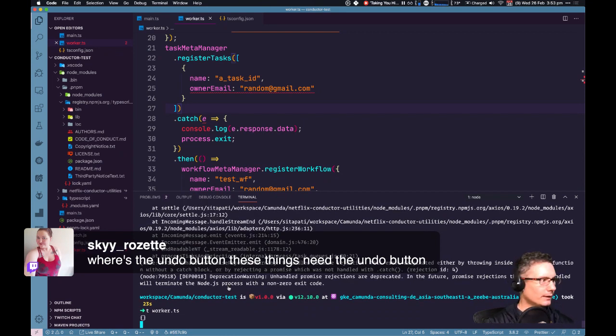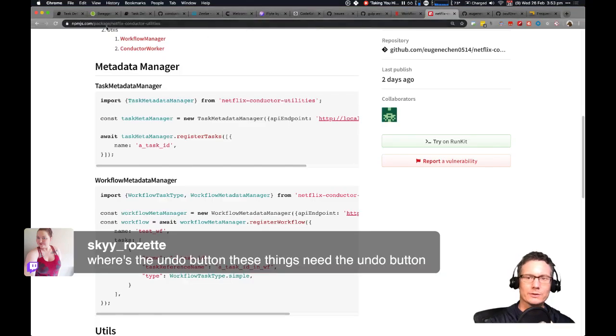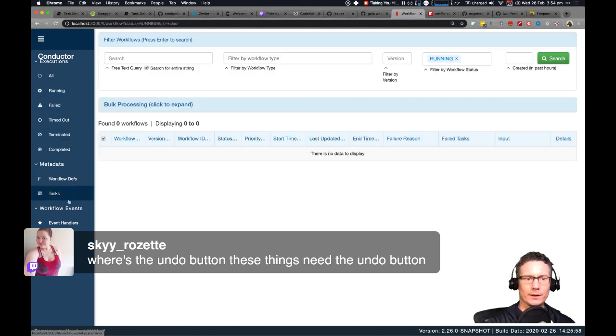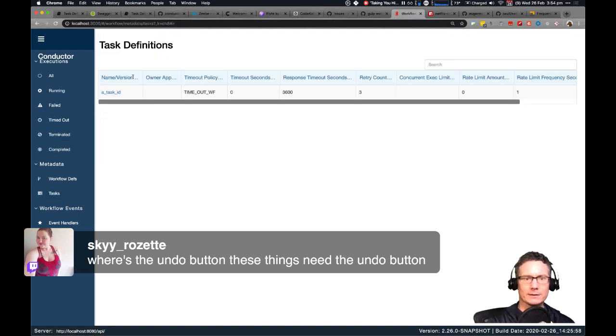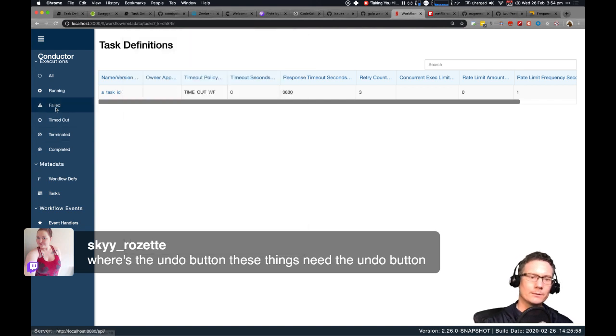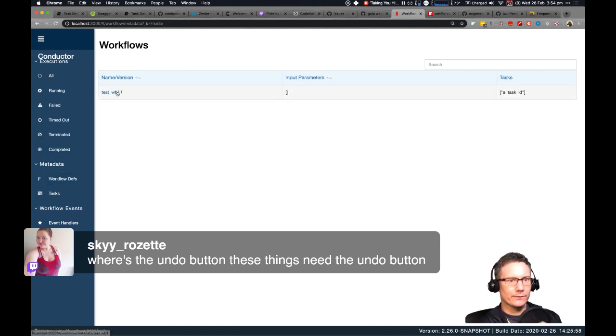See, it didn't blow up. Okay, it got the input. So if I go back to my workflow UI, running... oh, you can see it in the metadata for tasks. It's a task. Workflow definitions there.